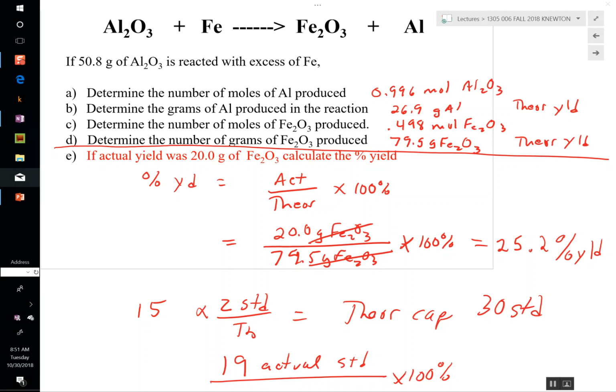This is combustion: carbon, hydrogen, and oxygen. Basically when you're burning something, that would be a combustion reaction like this. Decomposition,